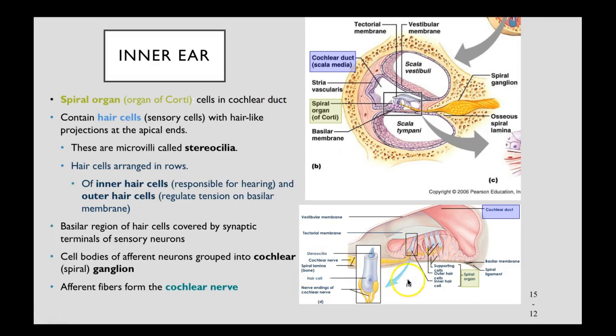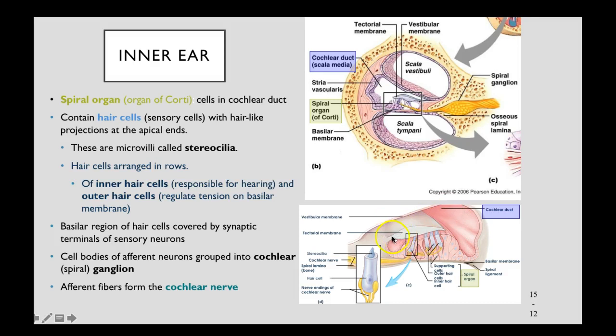If we look at a close-up or a magnified view of one of these hair cells, you will see this hair cell in the light blue here, and at the very end, the apical region, we have microvilli that are called stereocilia. When sound waves move through and cause the endolymph within our cochlear duct to create waves,